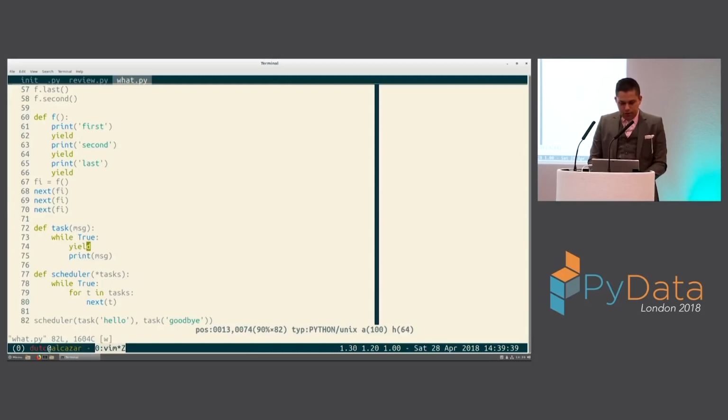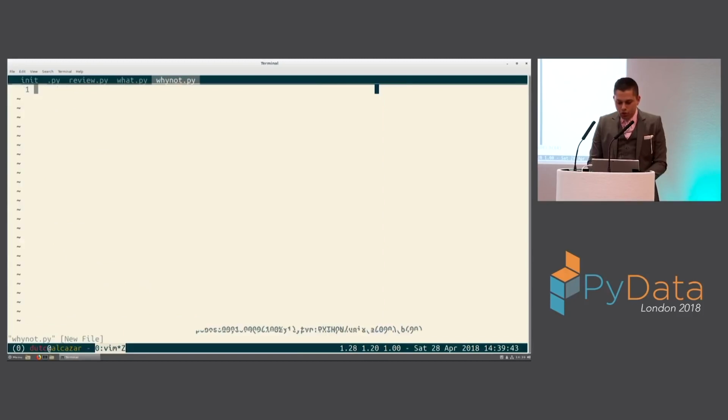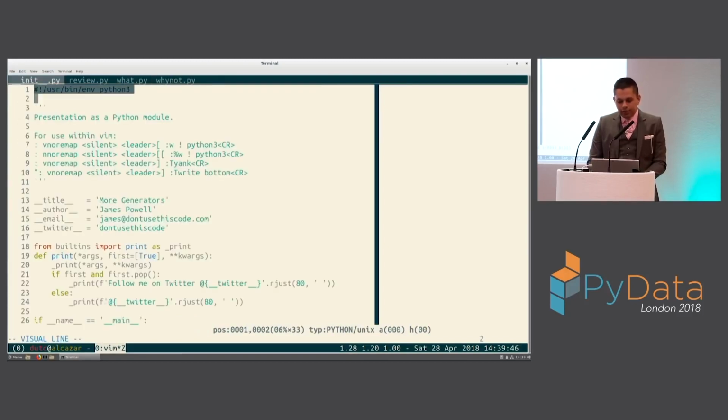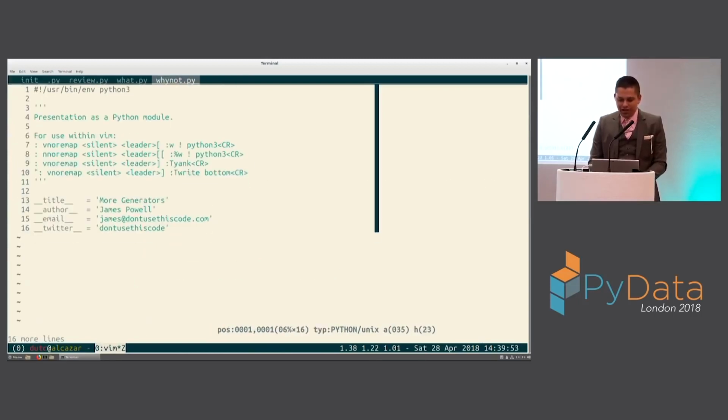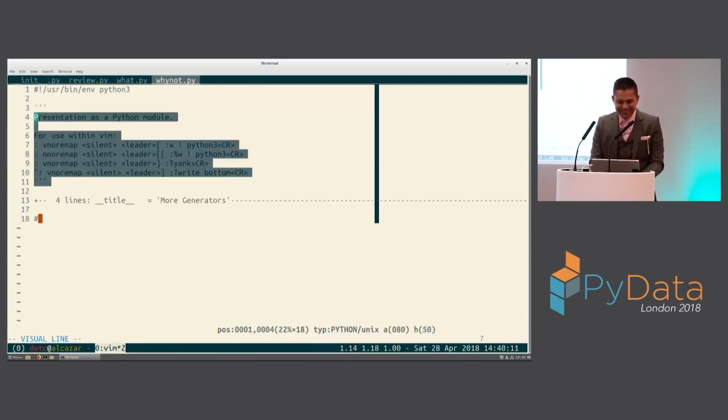Now, let's talk about something else. Let's talk about why generators don't appear in PyData talks, why I'm the one who's giving this, and it's not just because that's all I know. That is one answer. This is really all I know. I wish I could give a talk on machine learning. I'm sure it would be interesting, maybe as interesting as the average machine learning talk is, which is not very. We're really going off the rails here, aren't we?